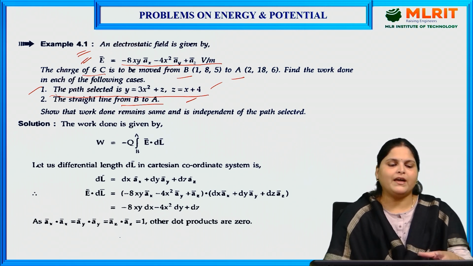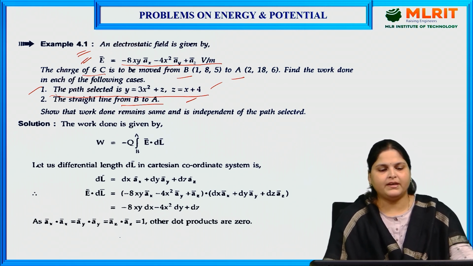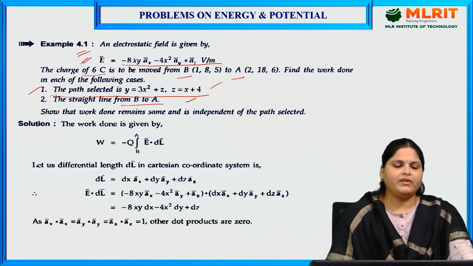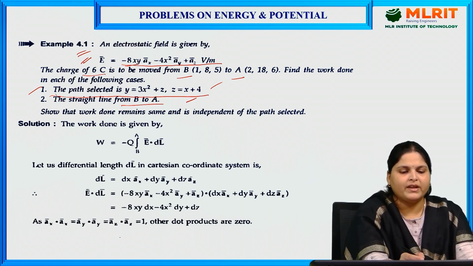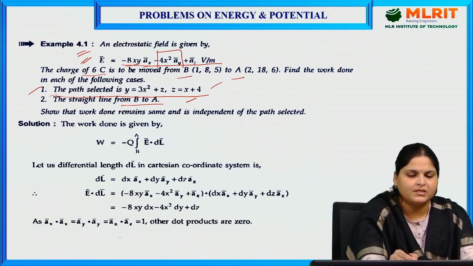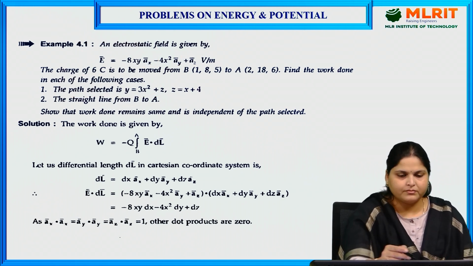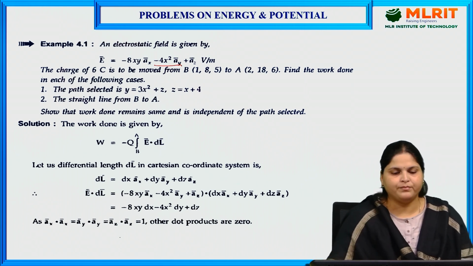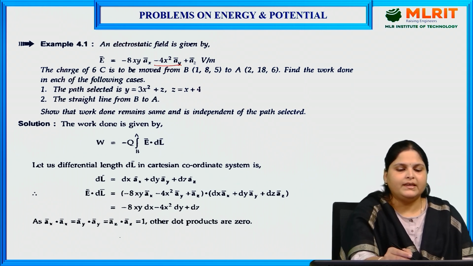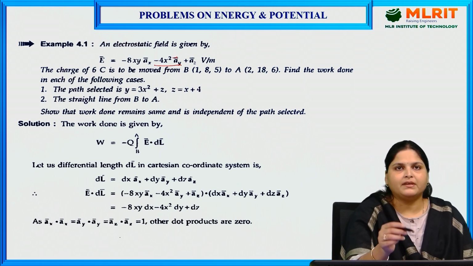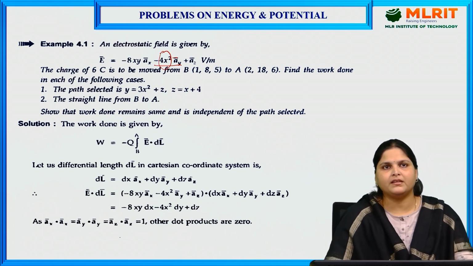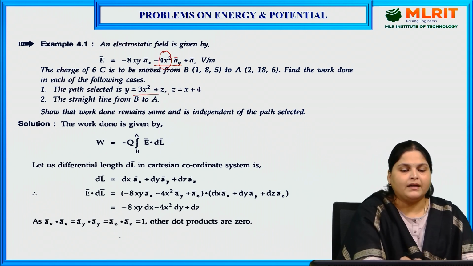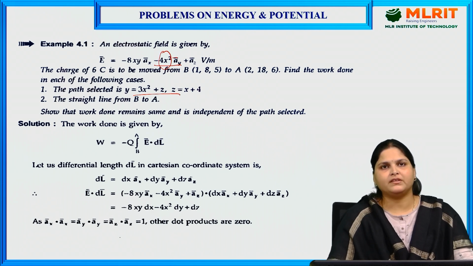Now, why we are taking a path here, we can understand in this question. Whenever we are integrating the quantities and the components of, for example, ax, ay and az, let's take the example of this second component, 4x square ay. Now, the unit vector is ay, but the component with that is with x. So here we may need the path while solving the question.